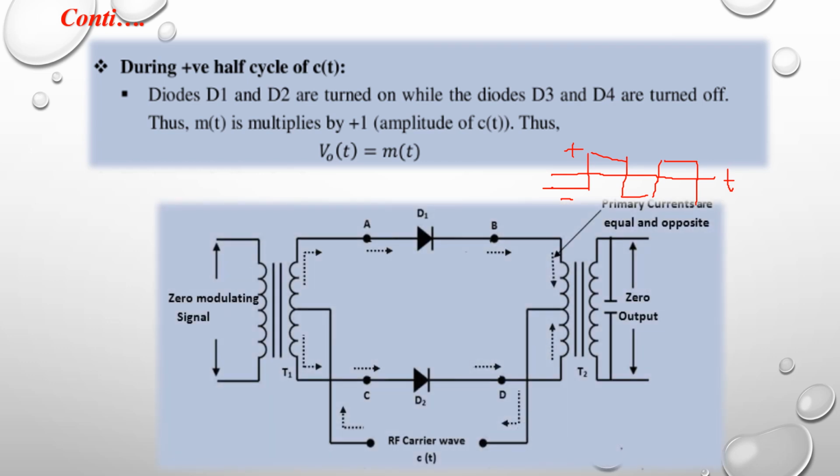So this is the circuit, this is diode D1 and this is diode D2, this is the message signal M of t and this is the carrier signal C of t. This is the positive terminal of the diode and we connected it to the positive terminal of the input transformer. Again this is diode D2, this is the positive terminal, and again we connected it to the positive terminal of the center tap transformer. So diodes D1 and D2 in forward bias condition conduct only the positive cycle and clip the negative cycle.